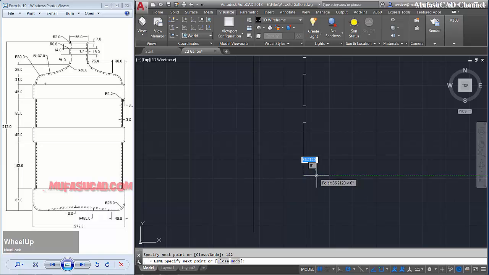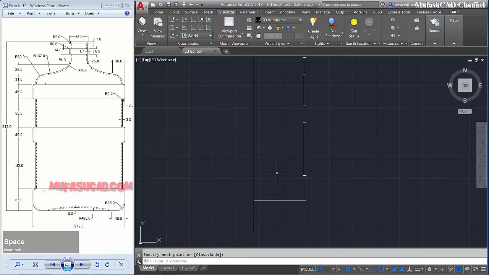Okay, we create a line to the right 8 and the last to the bottom here 67 and move to the left 40. Okay, and I will click in here.